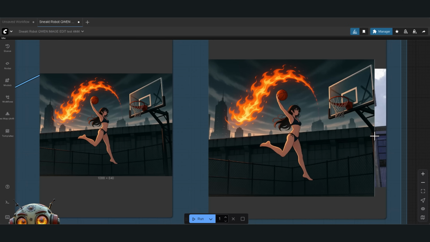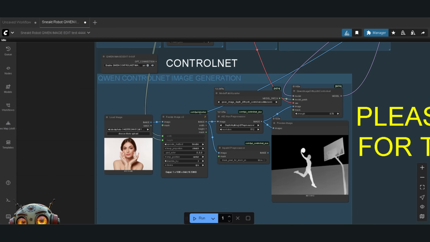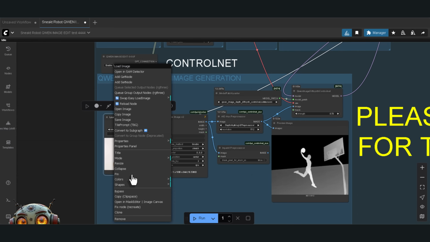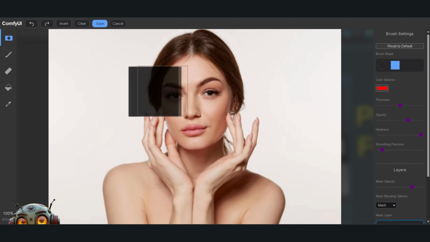Okay, so finally we've got the ControlNet that's supposed to work for both. And if this works, it basically means it turns the Qwen image generation model into an image edit model. Let's test it. I'll use the same portrait of a woman without glasses, and this time I'm simply going to add glasses to see what happens. I'll right-click on the input image, choose Open in Mask Editor, mask over her eyes,